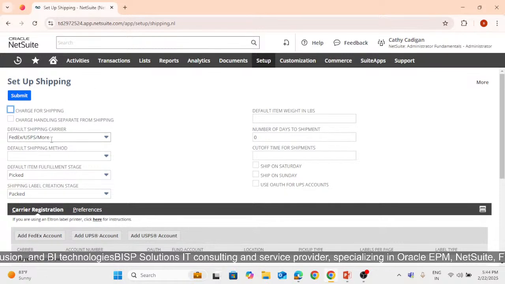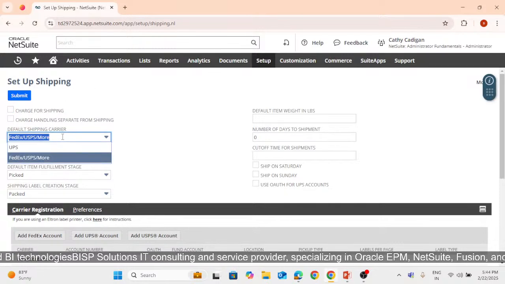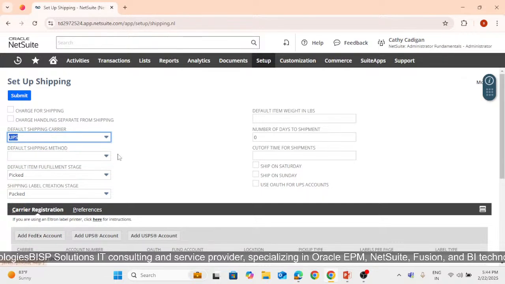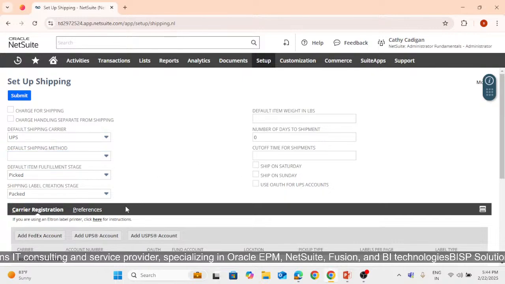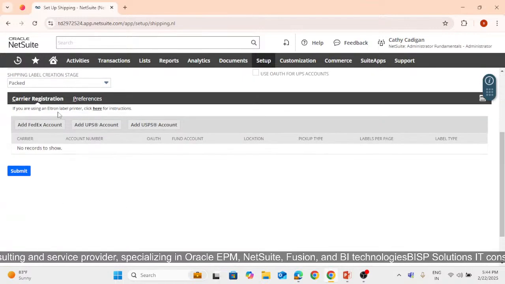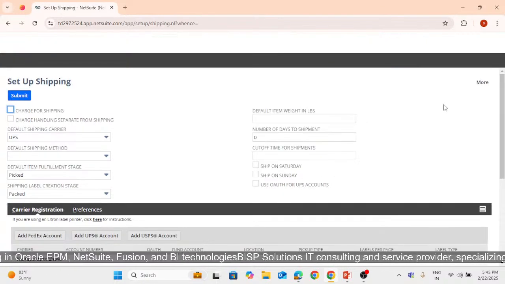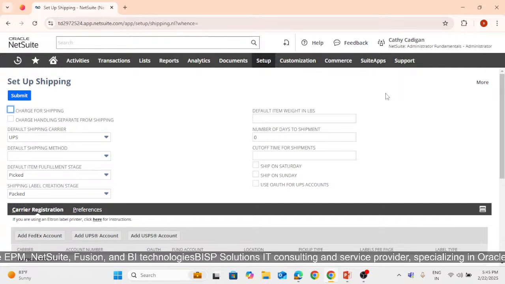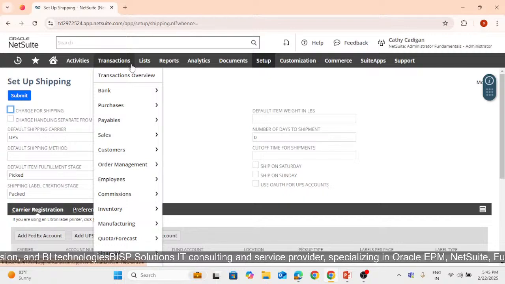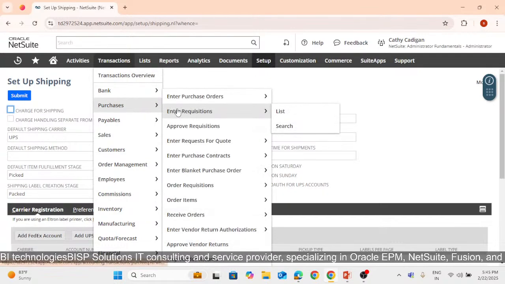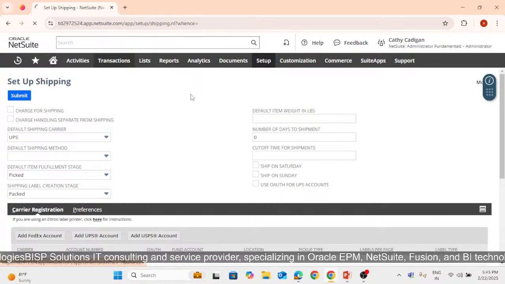So here you all can see the default shipping carrier is FedEx, USPS or more. If we want to create in UPS, and default shipping method is not there, and if there is any carrier registration over here, it will be showing us in this tab, and once we have submitted, it will create our shipping setup. Then comes our freight management, where under transactions, purchases, enter purchase order, which we have discussed in our